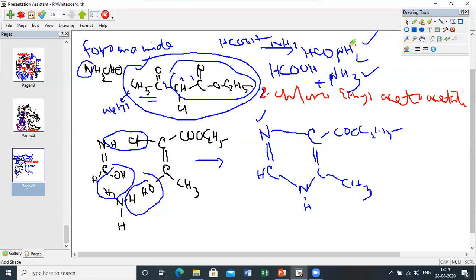Then you take the formamide, then you take the ammonia. Now, how is the imidazole ring getting constructed? You see, I have rewritten the 2-chloroethyl acetoacetate like this. It is the 2-chloroethyl acetate like this. Now, I have changed one thing. That is, I have made it in a tautomeric form.